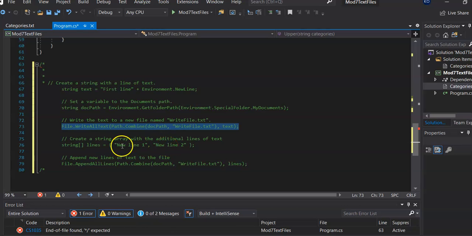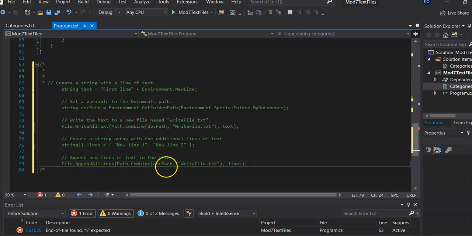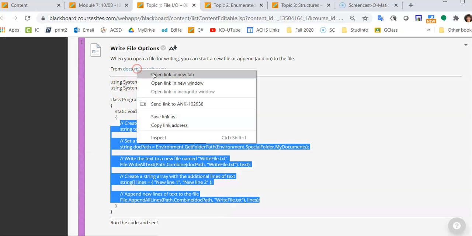And then it created a string array with 2 additional lines. Now we don't know that they're lines, it's actually 2 strings. This is the first string, this is the second string, and then it appends. Now in order to append, it's going to append all lines to the document path, and it's the document path that's going to then look for this text file, and then it's going to append the lines. Now here's what I don't know 100%. The lines here was an array of strings. So I wanted, when I was practicing mine, just to append some text, but this is using the format for appending strings. So what I would need to do is come back here and do a little bit more research,